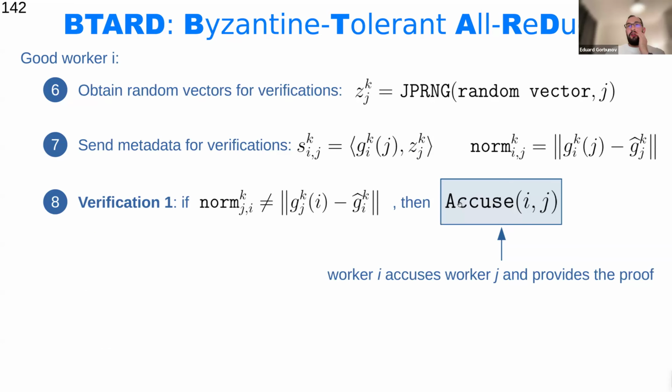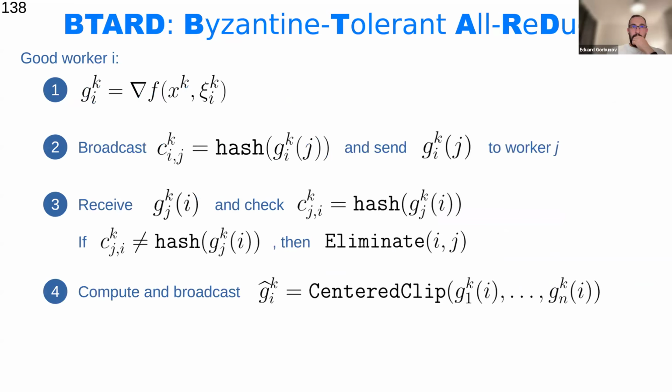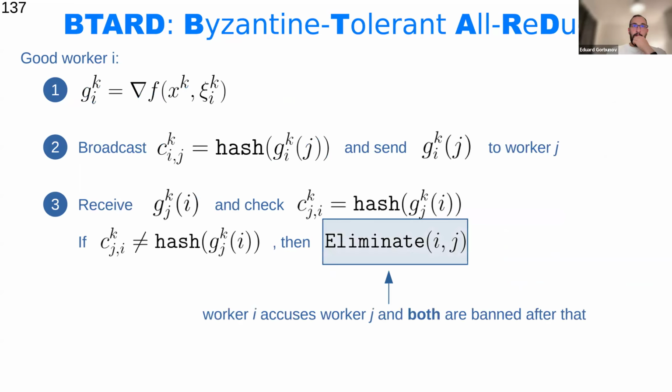we ban only the one who was accused, and if the proof is correct. But in some situations, we cannot check what vector was sent. So, for example, here, the situation is the following. We have some worker i, and it